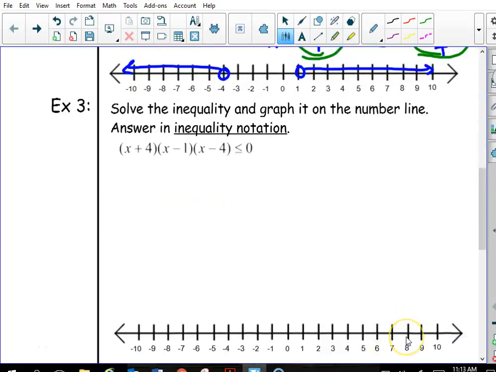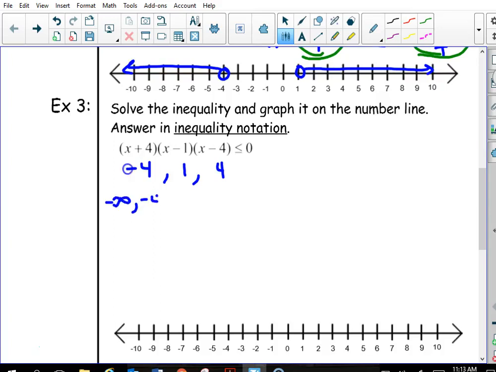Okay, this one's a polynomial. It's a cubic because if we multiply all our x's, we're going to see x to the third. Nice thing is it's factored, so we don't have to mess around with that. And our zeros are at -4, +1, and +4. So we set up our table,